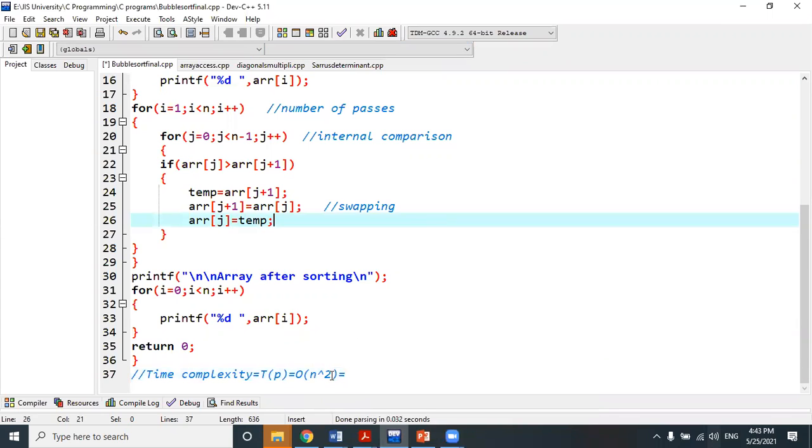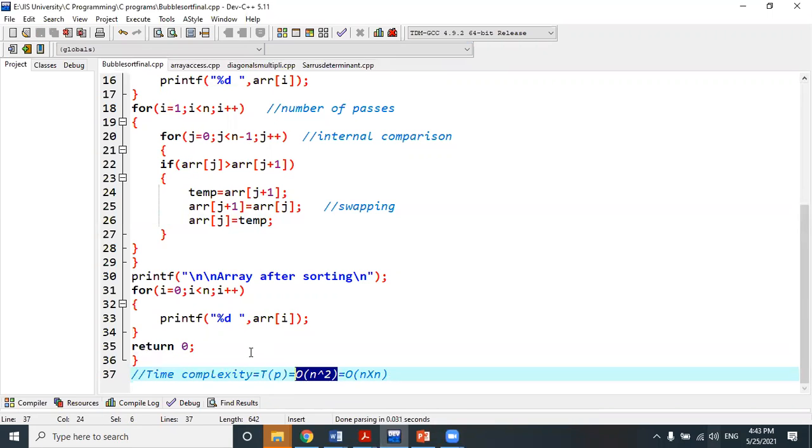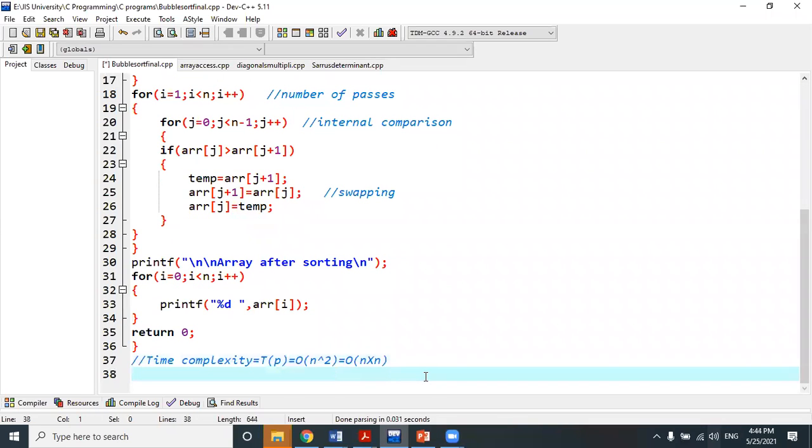Okay. So n into n means what? N square. So we are actually doing n into n, that means n square. So that's why the total time complexity, or worst case time complexity, of bubble sort is big O of n square. But bubble sort time complexity can be reduced with a modified code up to big O of n.